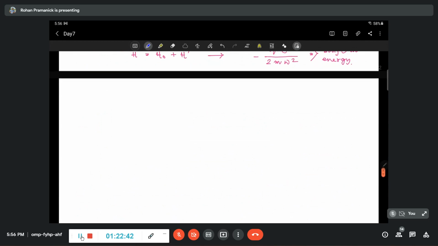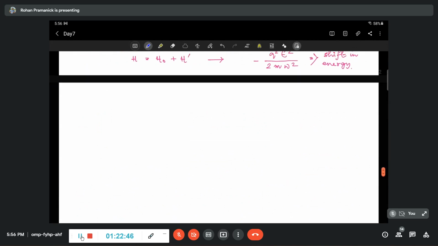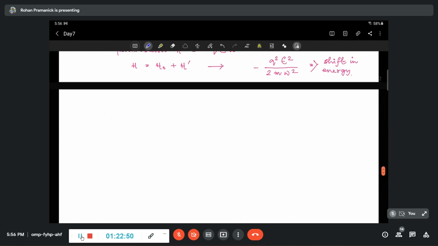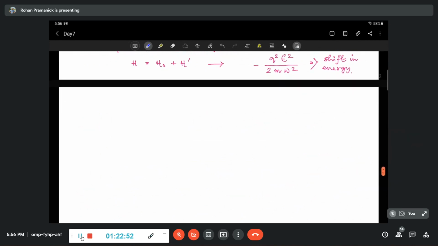So don't mess around with this calculation. You do it once, and you keep it in a separate copy which you will use for later purposes. I am also doing that. Okay, so this hydrogen atom,